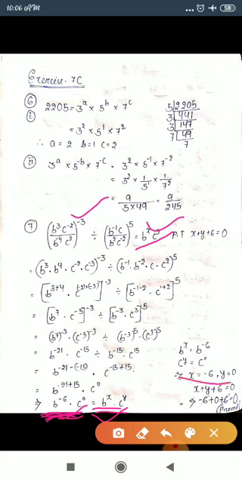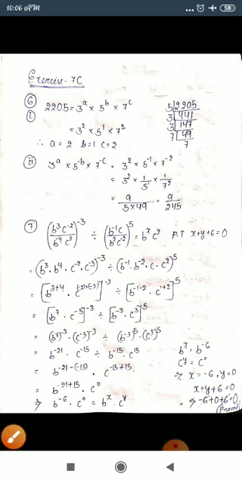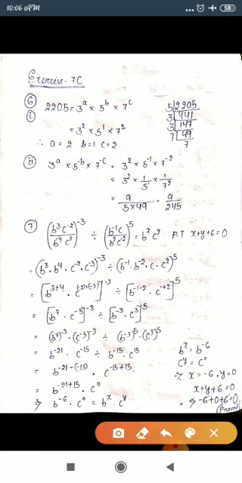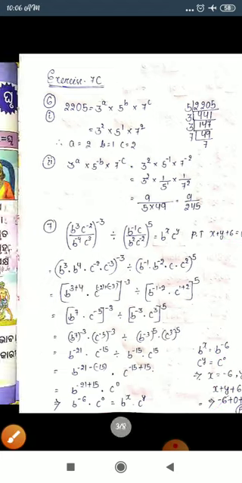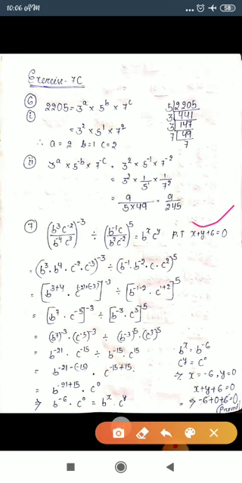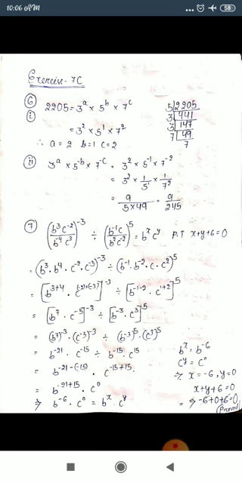Okay. Now here you have to prove x plus y plus 6 equal to 0. So that's why write that condition and put these two values, the value of x and y. Minus 6 plus 0 plus 6 equal to, these two will cancel out and you got 0. So we have proved this one, x plus y plus 6 equal to 0 here. Okay, now just see question number 8.